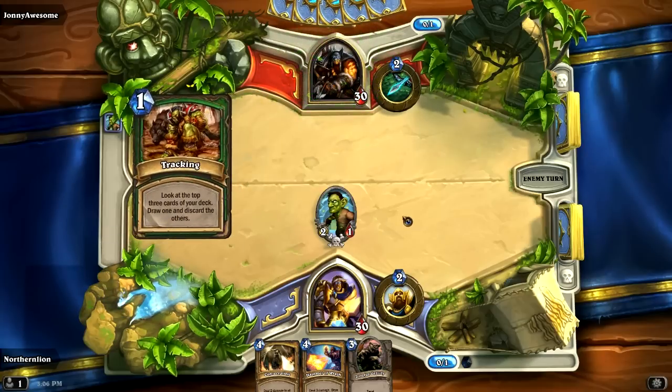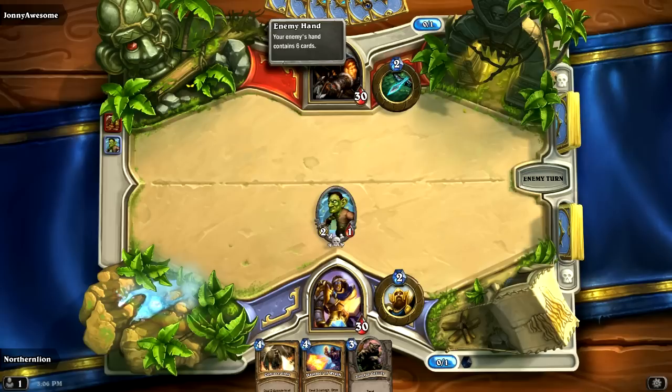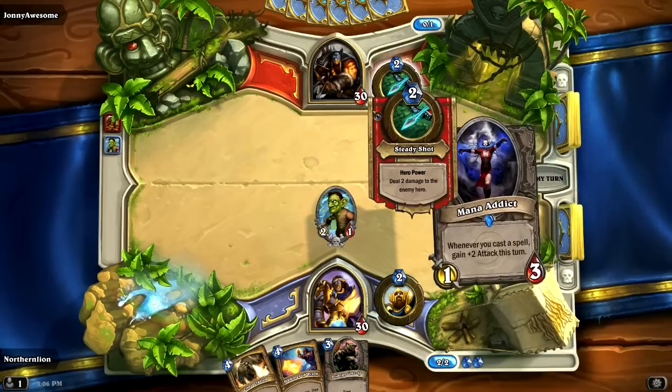Tracking is a really good card to play first as the Hunter. Especially if you've got a beast-focused Hunter deck, it can really help you out with aligning how turns 2, 3, and 4 are going to go. Say you already have a Starving Buzzard, which gives you card draw every time you play...